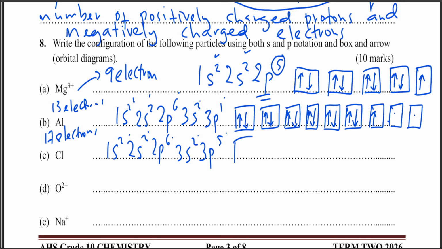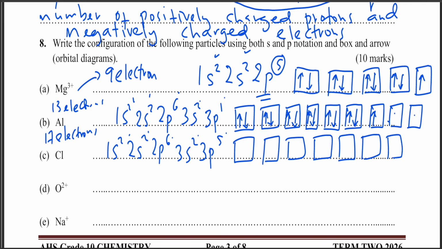Again, do the same thing. So utachora zile boxes. Sawa. So ukihesabu is just the same as the one above, 1 2 3 4 5 6 7 8 9. Tuanze na 1s2 obviously tayari ishafill. 2s2 tayari pia tushafill. 2p6, so 1 2 3 4 5 6 tayari tushafill 2p6. 3s2 tayari pia tushafill. Now comes 3p5, so anza 1 2 3